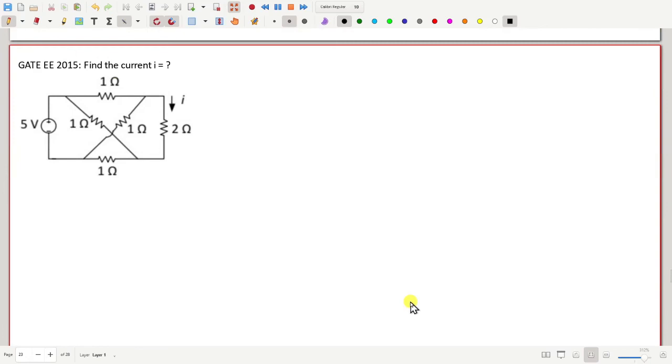Now this is the next question. We have to find this current I here. How can we solve? Let us use Thevenin's theorem once again. Let me first redraw this circuit without this 2 ohm resistance. So we have this, and